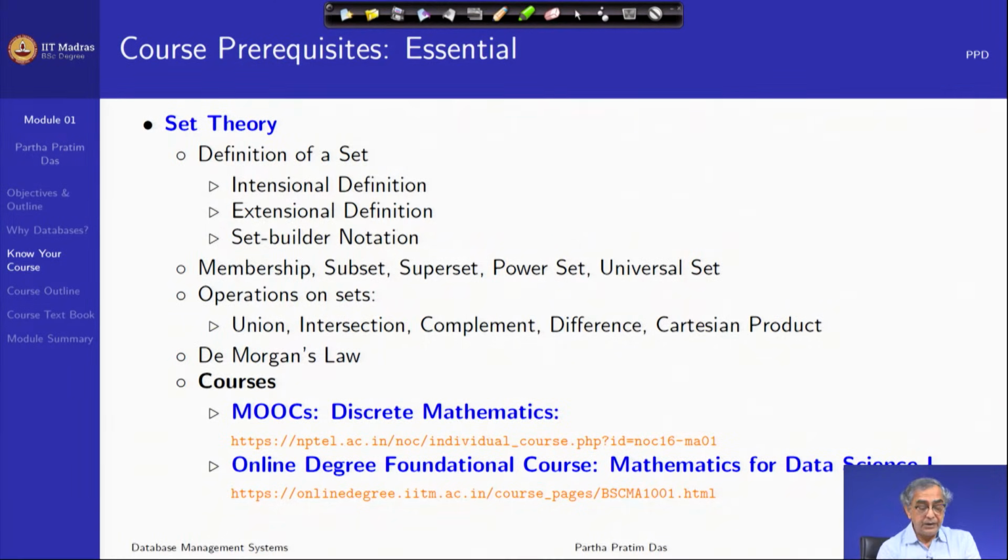Then the basic operations like union, intersection, complementation, set difference, Cartesian product, we will very randomly and widely use them. De Morgan's law, we will use it very often. So, please get yourself familiarized with this. There could be several references from where you can study this. I have just mentioned some of the